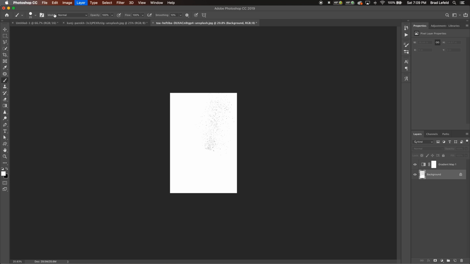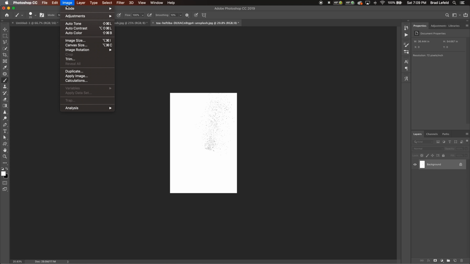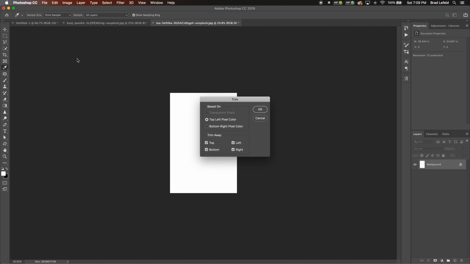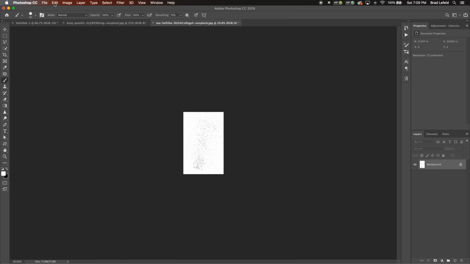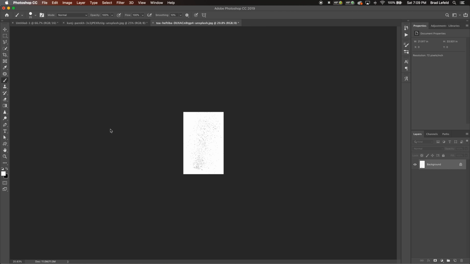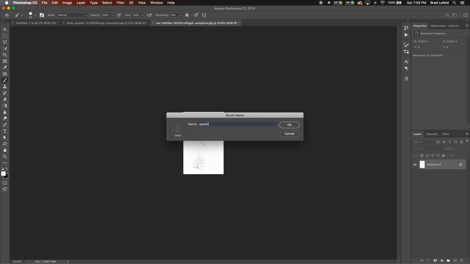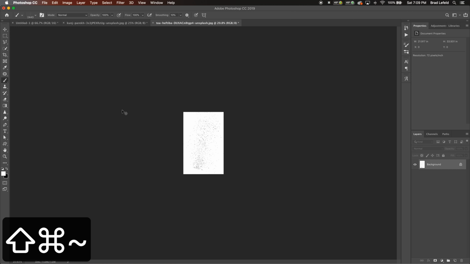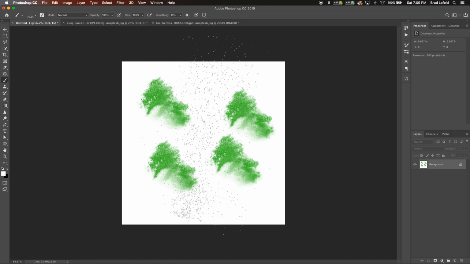So I'm going to merge everything together by holding Shift, Command, and hitting E. And then I'm going to go up to the trim again, hit enter, and it should trim everything up. Go up to image or edit, define brush preset. I can do sparks. So now I have this sparks brush. So now if we go over to this, I can select,